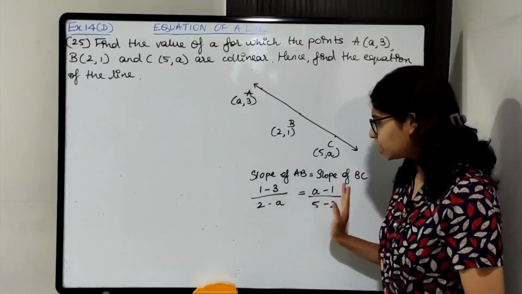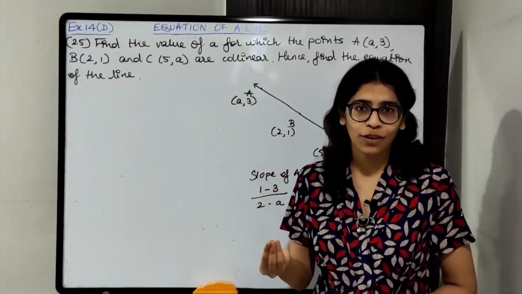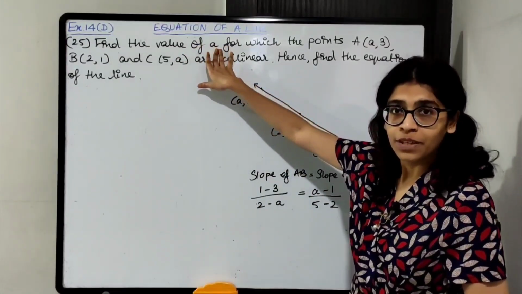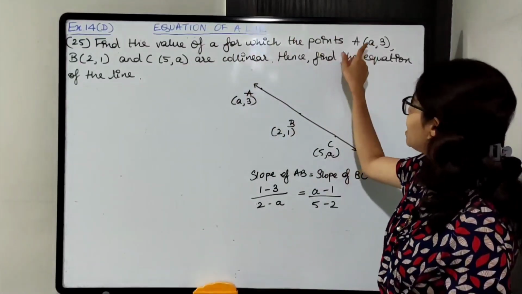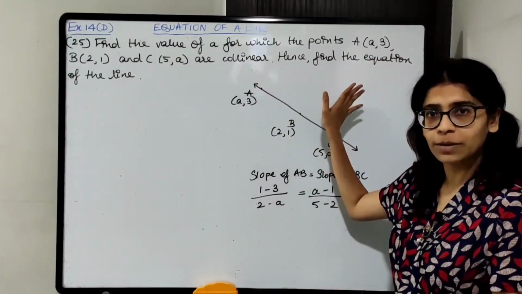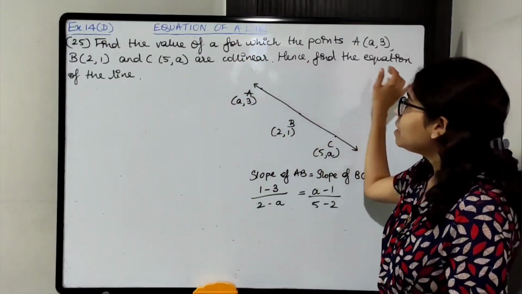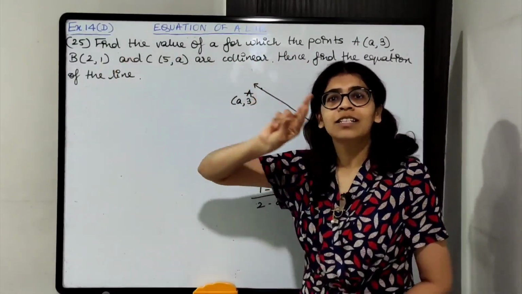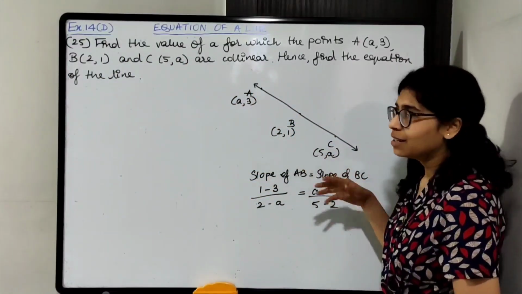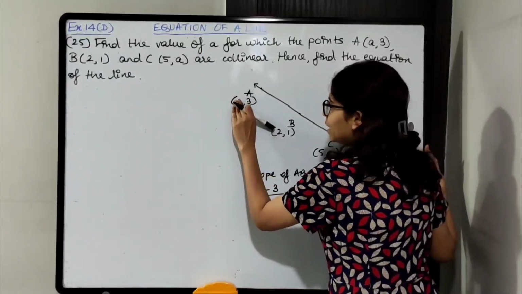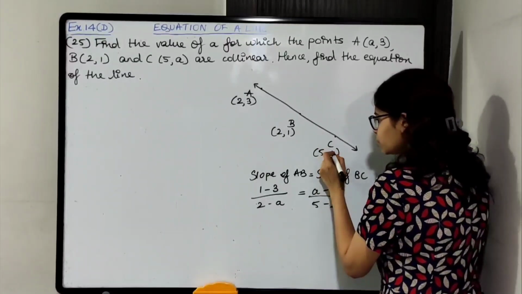Okay, cross multiply करो, solve करो, and after solving we'll get value of a. पहले a का value find out करना है. Once you get value of a, you will know the coordinates of a, b and c. तीनों का coordinates पता चल जाएगा. Okay, a का coordinates क्या है, b का क्या है and c का क्या है. We can easily find the equation of the line. Consider any 2 points. Okay, consider a and b or b and c. Let's say a का value we are getting as 2.